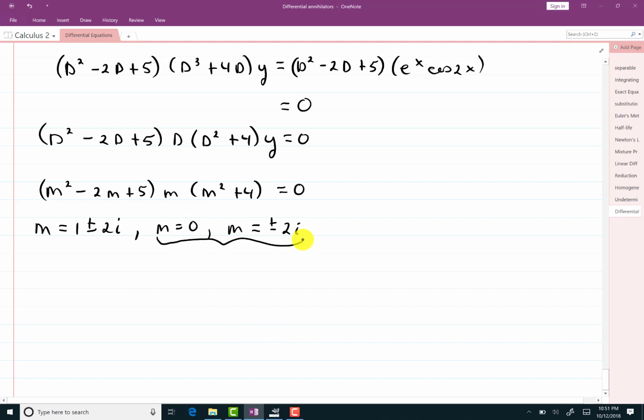So we're going to have y sub c will be c1 e to the 0x, or just c1, plus c2 cosine of 2x plus c3 sine of 2x. Notice that there's no e that climbs in there. What this part here means, for the y sub p,